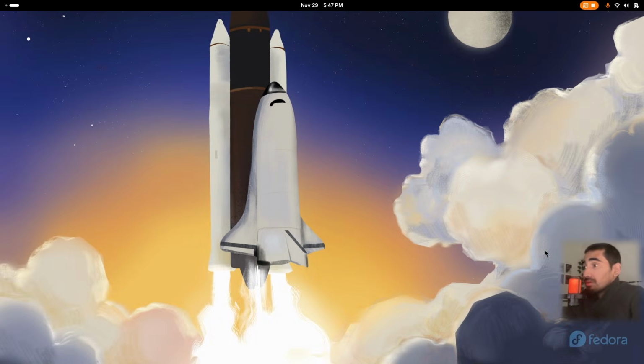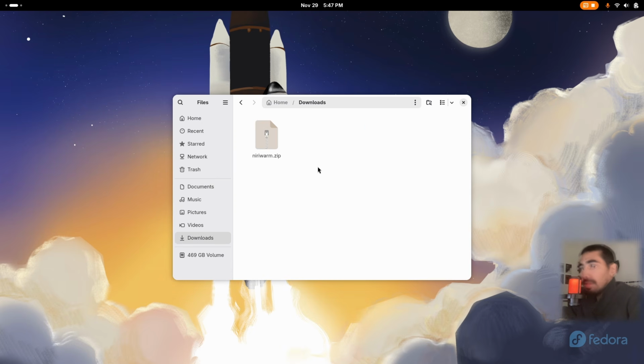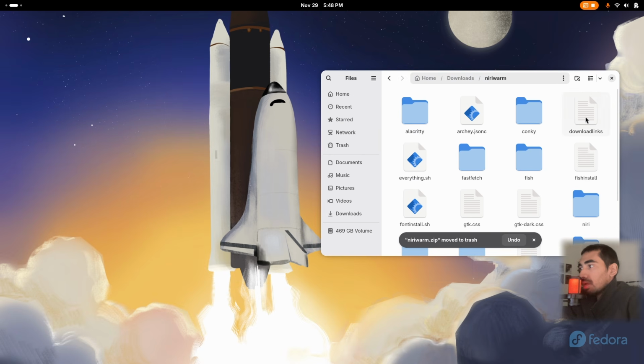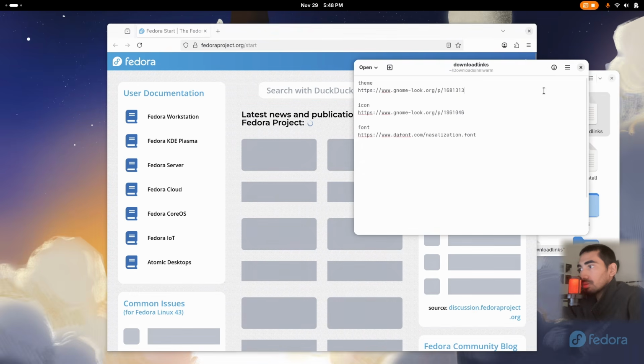Alright, so I'm in Fedora right now, and this is the freshly installed Fedora desktop. And so the first thing that I will do is go to my project file. You can find the link of the project file down in the description of this video. And again, guys, thank you so much for the support. So let's go ahead and extract the project file and then go inside the project file, and you're gonna find this downloads link text file, and then I will just simply open a Firefox browser and then simply copy the